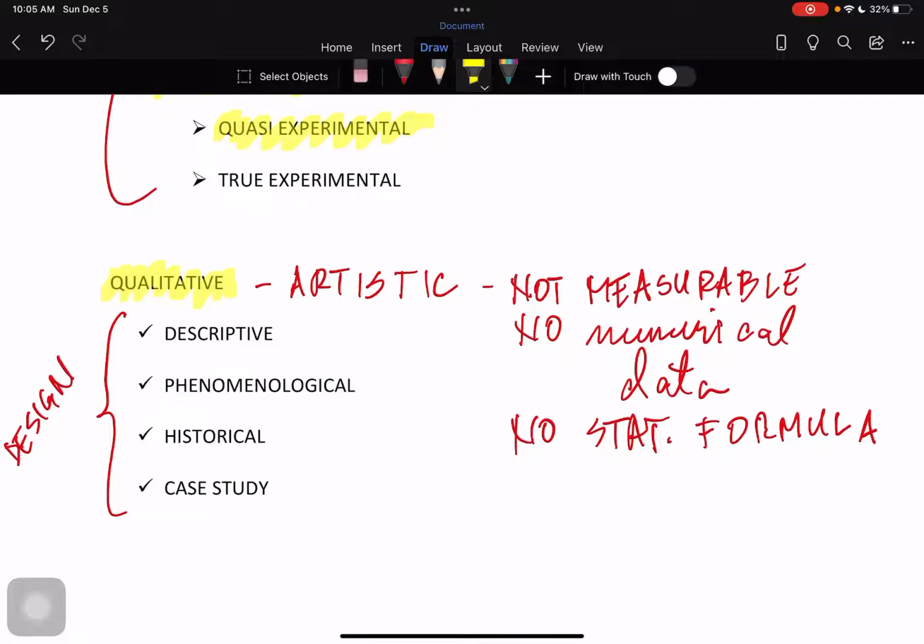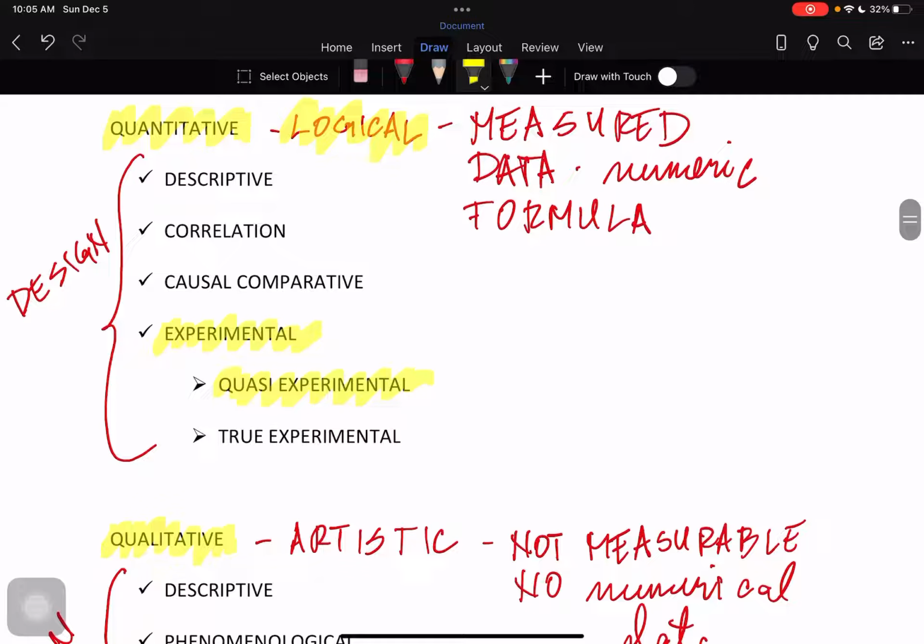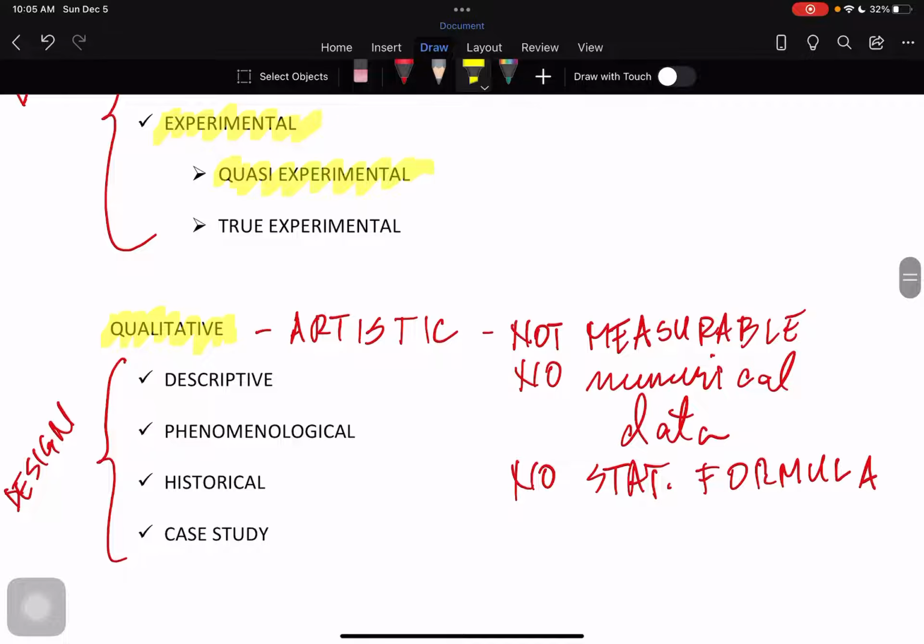somebody gives you their experience, you definitely would write it narratively. And this is supposed to be the essence of qualitative. You write the experiences of the respondents that you are using in your research. Okay, and by the way, another difference between quantitative and qualitative is the number of respondents. Quantitative has a larger number of respondents, while qualitative has less